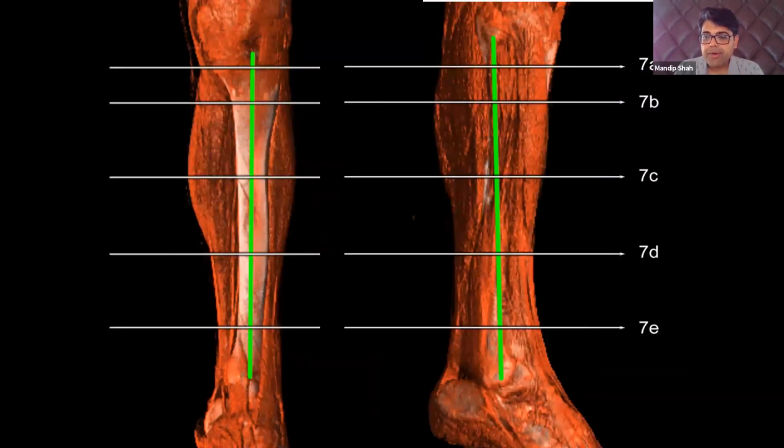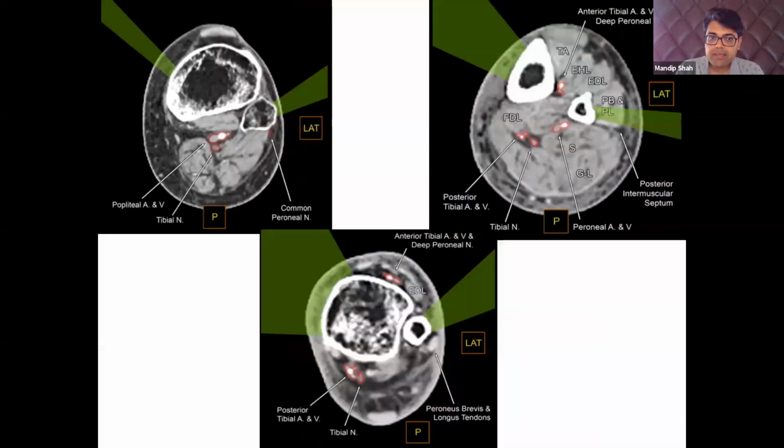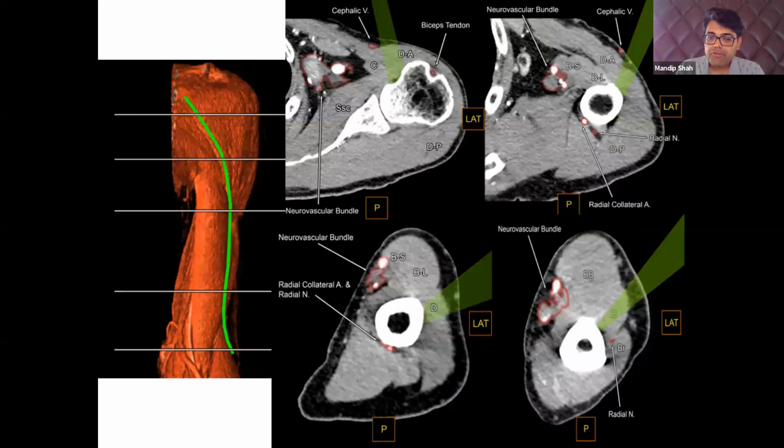So that has to be very clearly understood, that it is either anteromedial or anterolateral. Similarly, for the upper tibia, it is either anteromedial or anterolateral. For the entire shaft of the tibia, it is anterior, over the shin. For the distal tibia, it is again anteromedial or anterolateral. For the fibula, it is lateral throughout. For the humerus, in the proximal humerus, it is in the front through the deltoid muscle, the anterior fibers of the deltoid. It is never through the deltopectoral interval. So we have to be very careful.